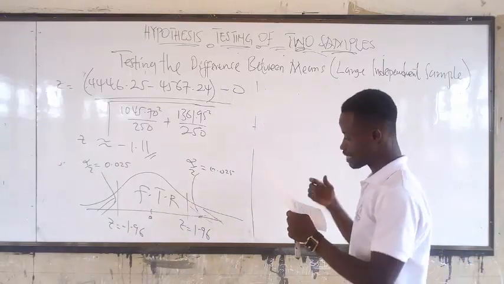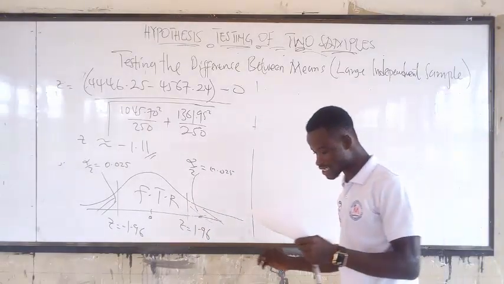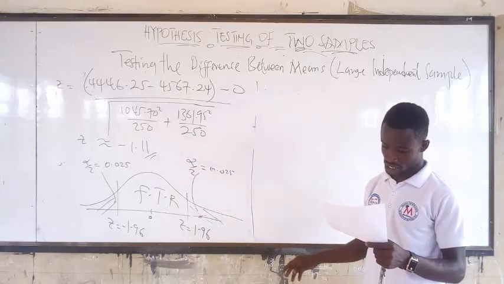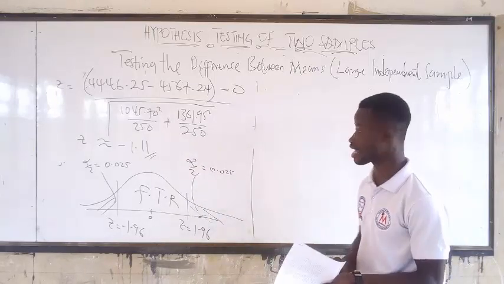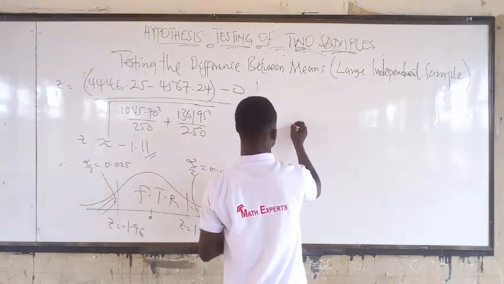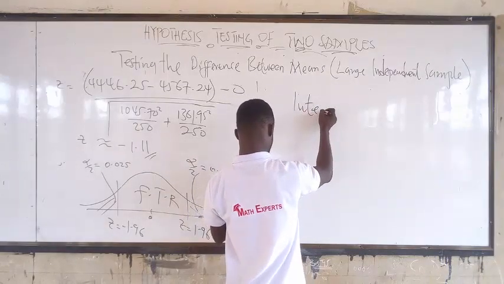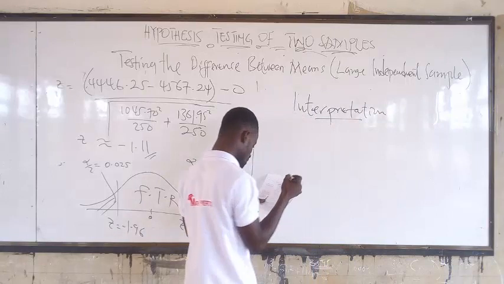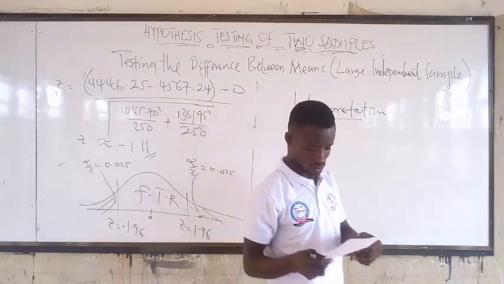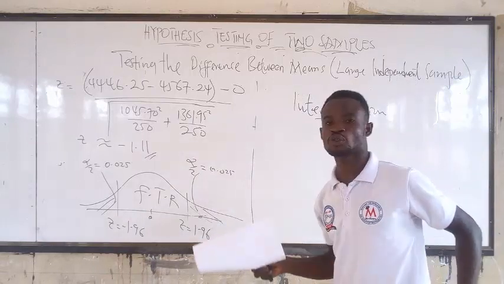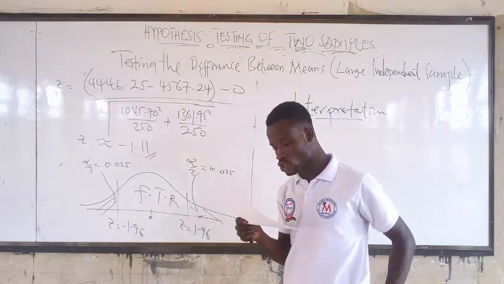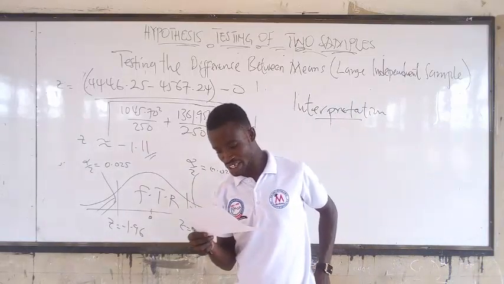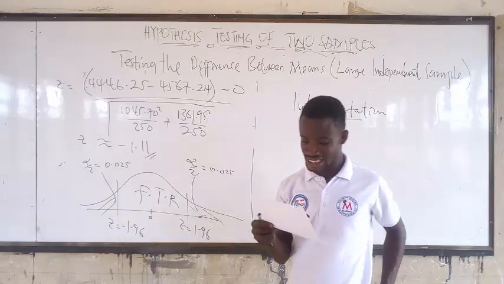So now our decision is that because Z is not in the rejection region, we will fail to reject the null hypothesis, and conclude that. So now this is going to be our interpretation. Are you ready? Now you failed to reject, so there is not enough evidence at the